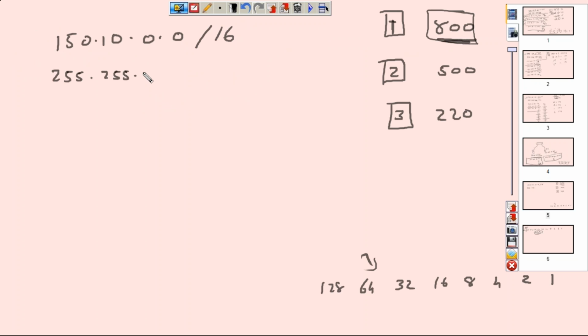So 0, 0, 0, 0. So we need 10 bits. 1, 2, 3, 4, 5, 6, 7, 8, 9, 10 bits we need, right? Whatever we don't need, we are going to send to the network side. Now what do we need to do? Convert this to decimal,